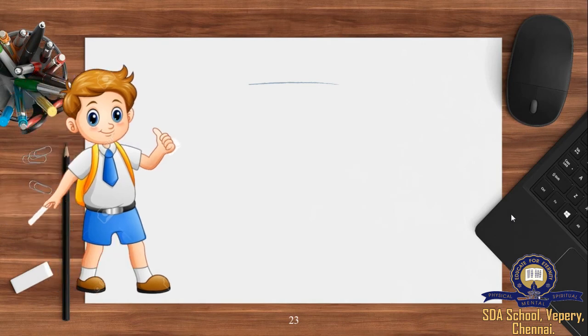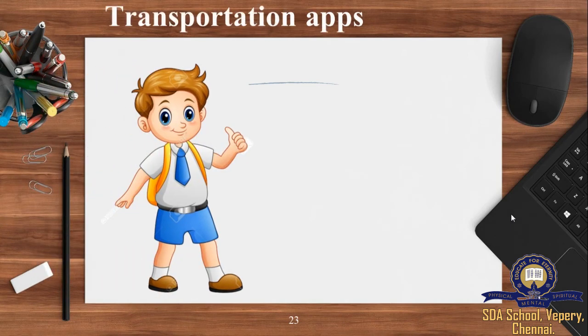And next, we are going to see some useful apps like transportation apps. I want to go to school, but the school bus hasn't come yet. Oh my God, what to do? I'm just waiting and thinking of the school bus, but still it hasn't arrived. So I ask my parents, what is the other option? My parents are also busy with their schedule. So they simply took their mobile, booked a cab, and sent me to the school. How is it possible? Transportation app.